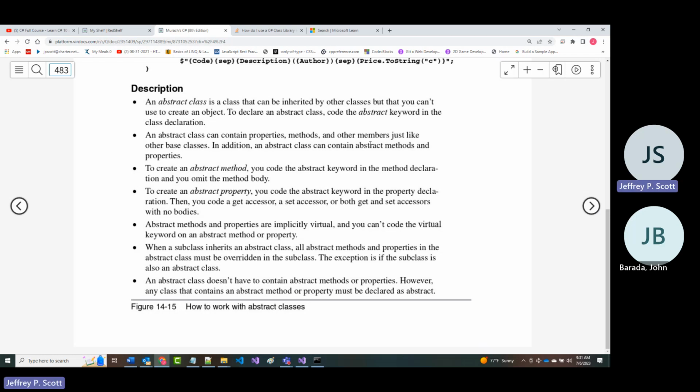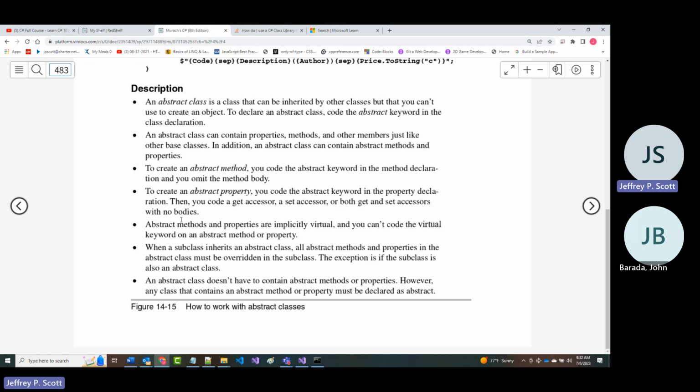It can also contain abstract methods and properties. To create an abstract method, you use the abstract keyword and you don't put in a body. To create an abstract property, you code the abstract keyword in the property declaration. All right, then as it says, you code a get accessor or a set accessor or both.